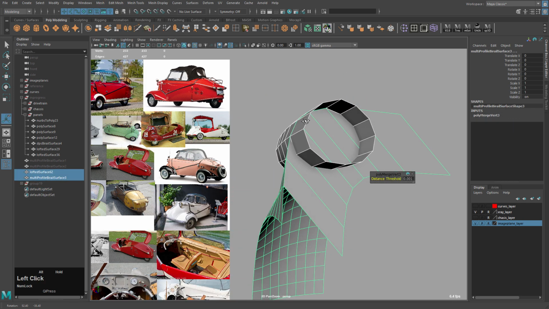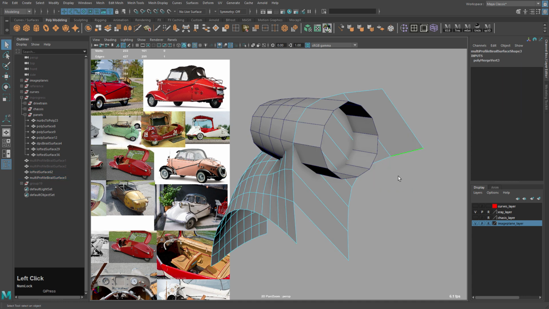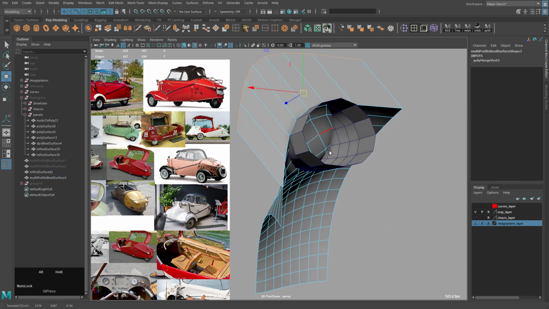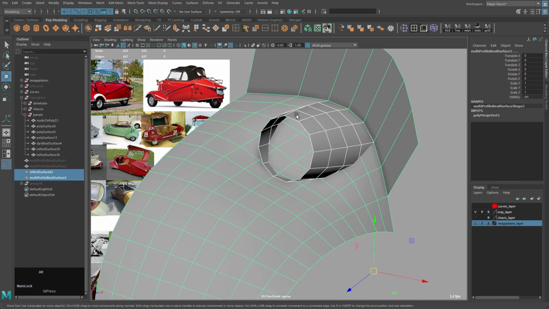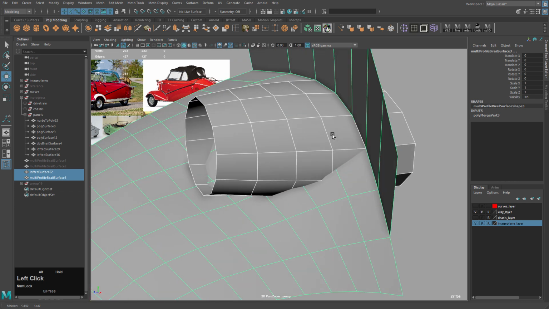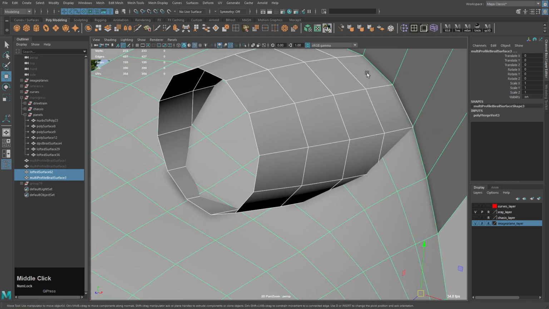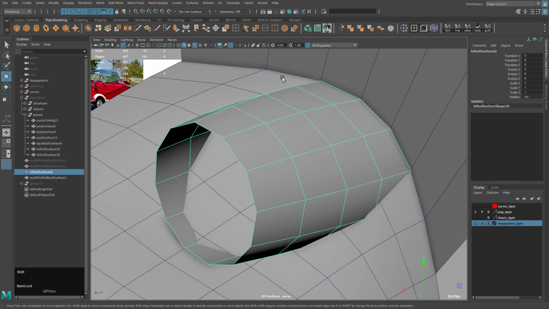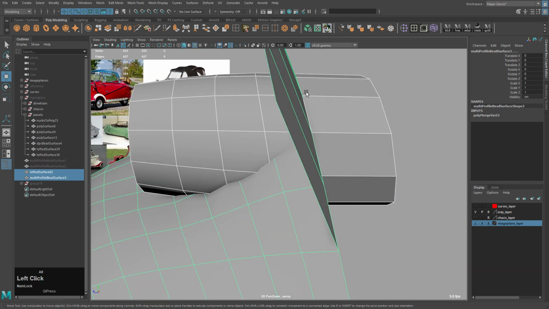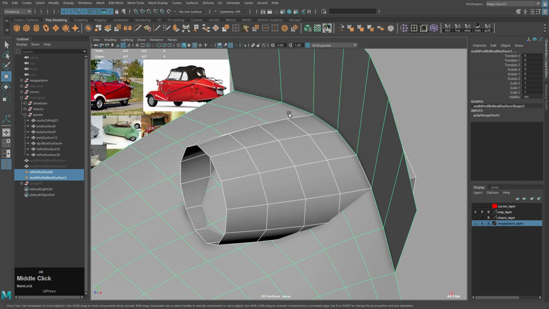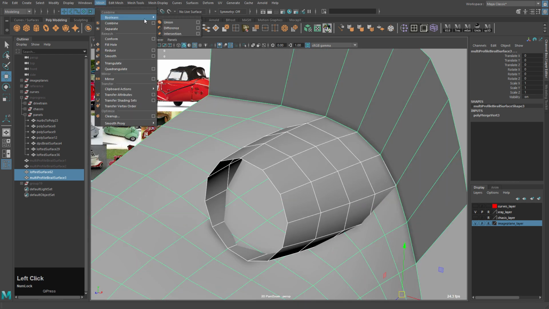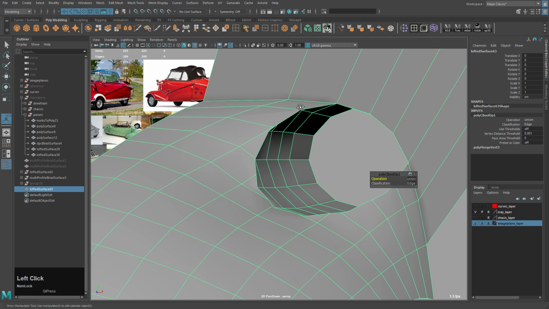I think I know why this is happening. Basically, when I extruded this edge, I went down. I actually should go up. This is what we want. Let's try this again. The reason I need to go up instead of down is because this surface needs to connect with this one, and when I went down it was creating a very sharp corner, which Maya couldn't figure out. So mesh, union.